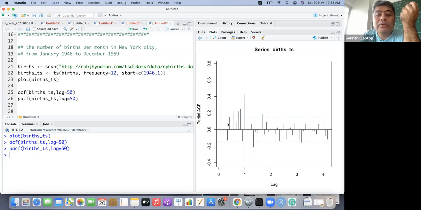At that time the partial autocorrelation function shows a strong correlation at 1 year, the second, 9th and 10th. So the partial autocorrelation function actually brings us a lot of information.